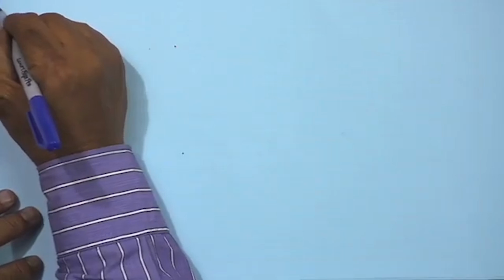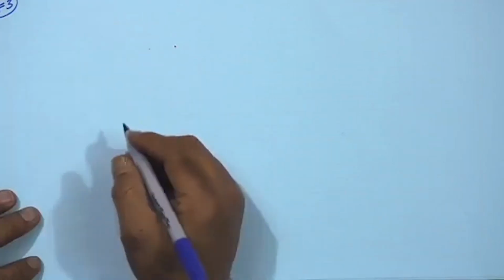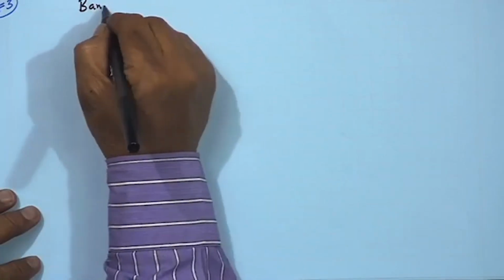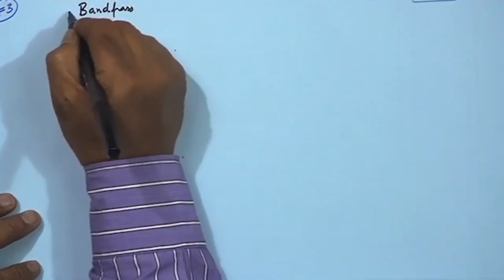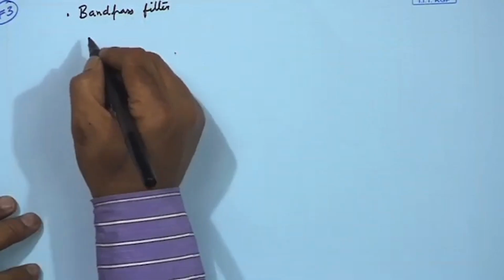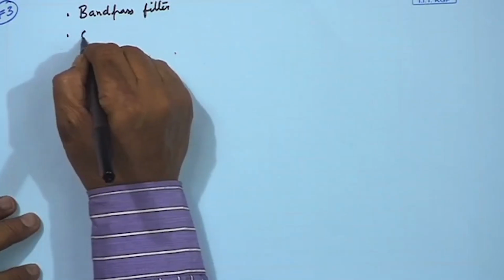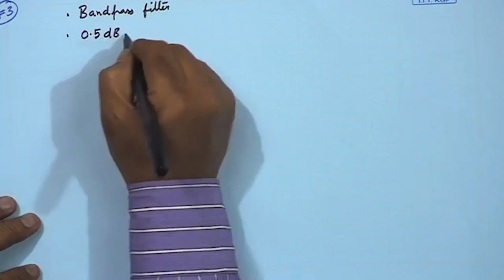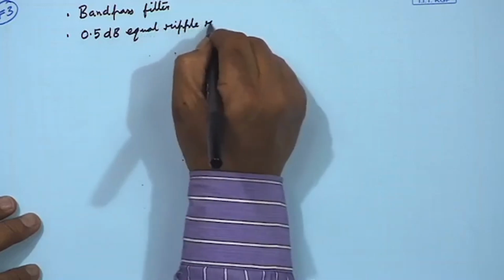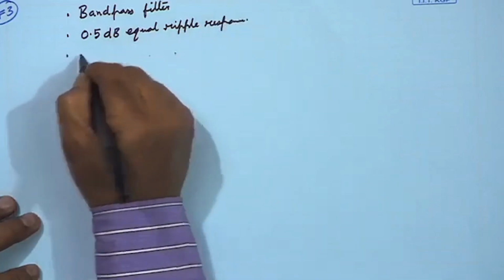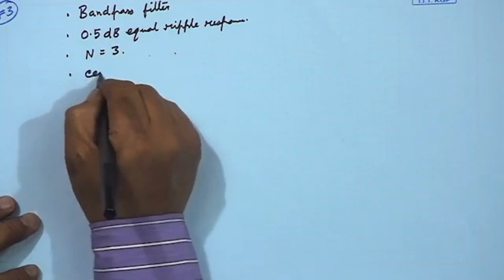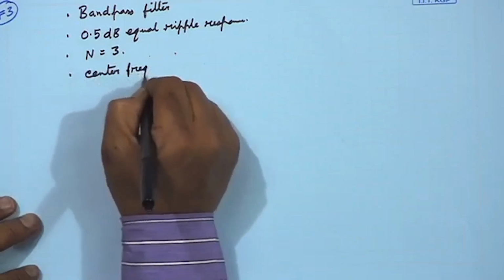So, our third problem is this, that design a band pass filter having a 0.5 dB equal ripple response. It is given that you take n is equal to 3,